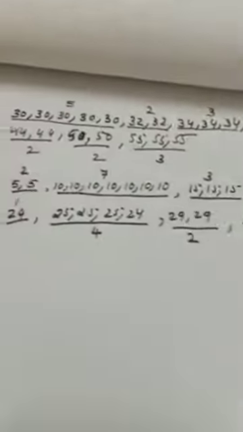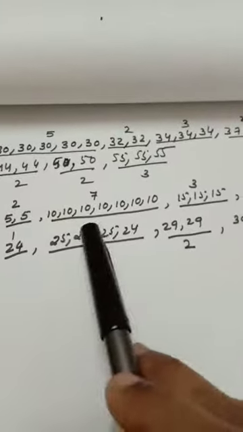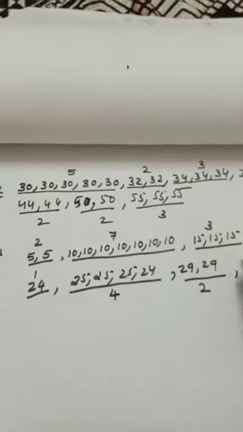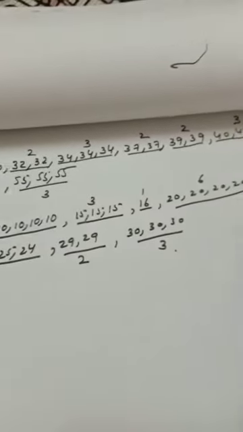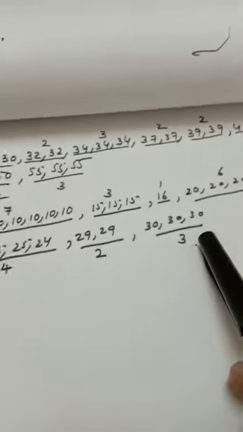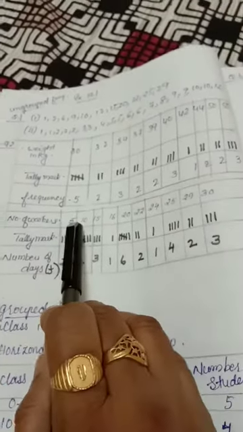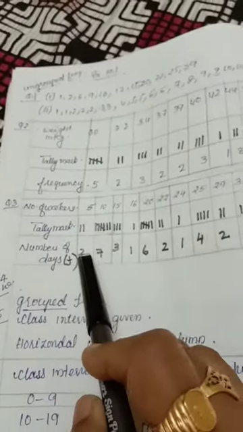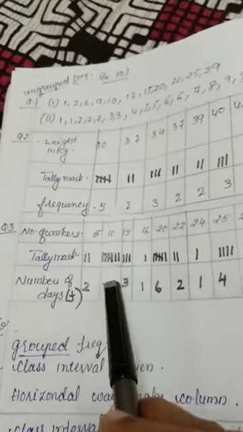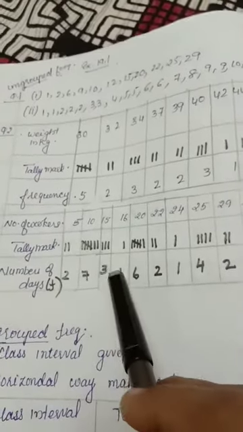That also you first have to arrange in ascending order. Arrange in ascending order, that is easy for the tabulation. Arrange this way, smallest number to greatest number. After that you draw the table, horizontally as I represented. Number of workers: 5 workers came in 2 days, 10 workers came in 7 days, 15 workers came in 3 days.